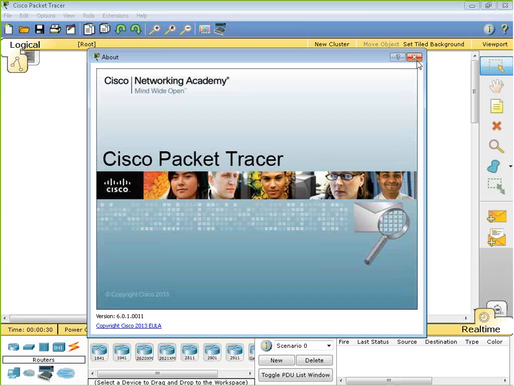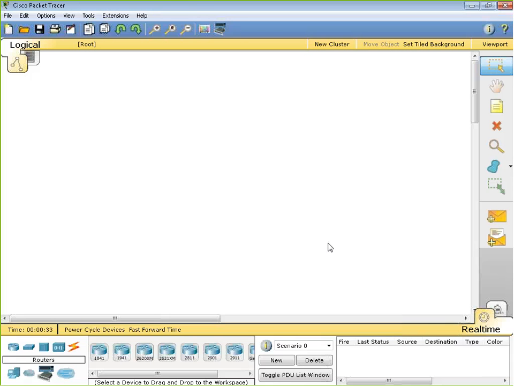Okay, so that's what I'm using out here. Now what I'm going to do is, let's say I drag in a switch. How do you do that? On the left hand side bottom, I hope you can see my mouse pointer. That's the portion from where you'll find all the different devices that you can add into the packet